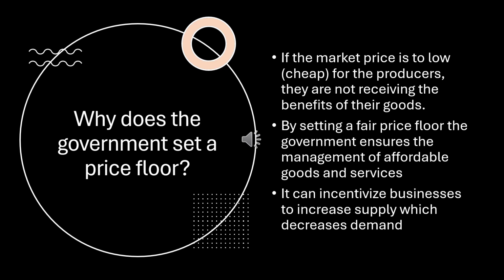Price controls are limits set in place and enforced by government on prices that can be charged for goods and services. The reason for such controls is to maintain product affordability even during shortages, slow inflation, and ensure a minimum income for service providers that equals a living wage. Most price controls are imposed as part of a larger economic policy.